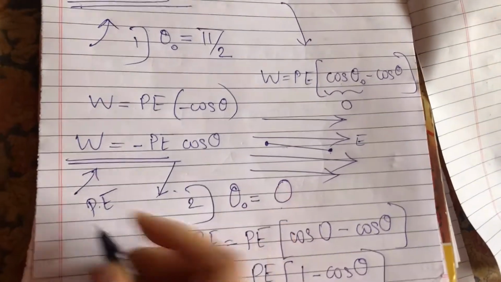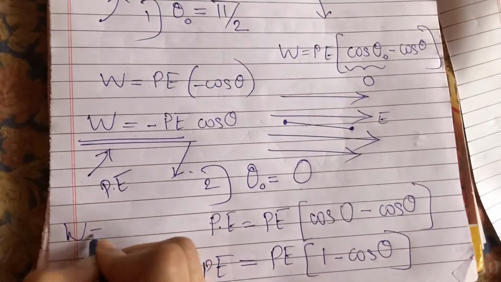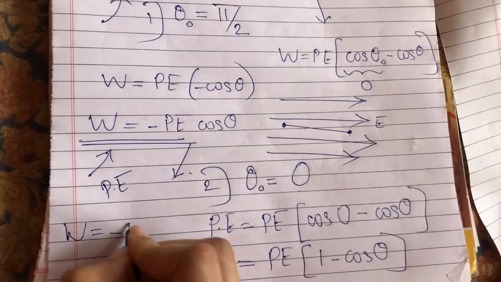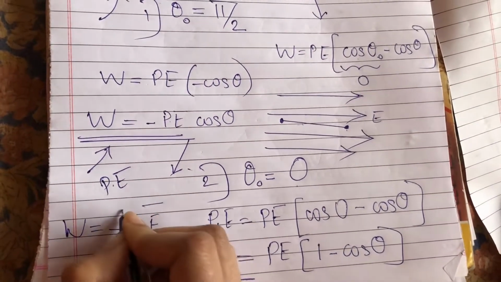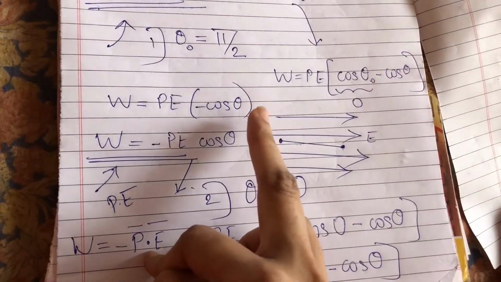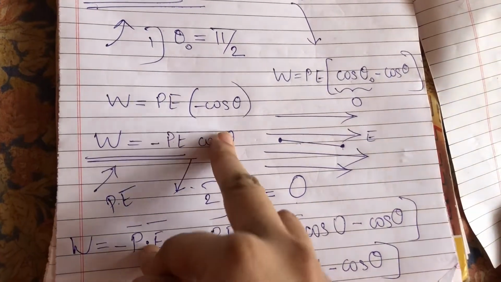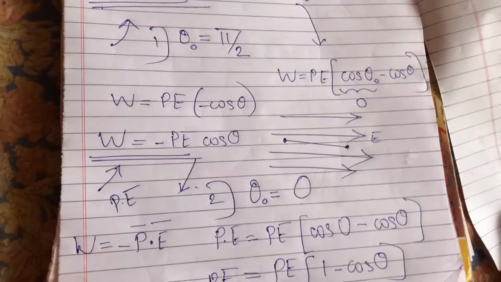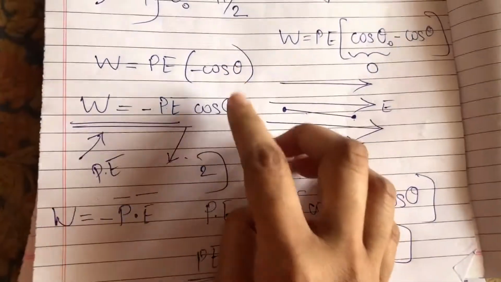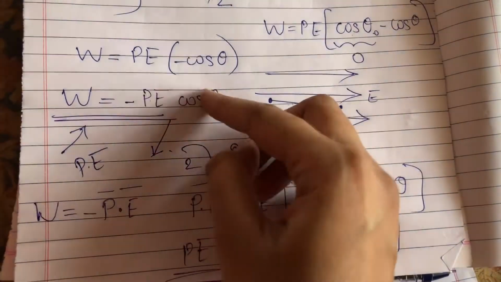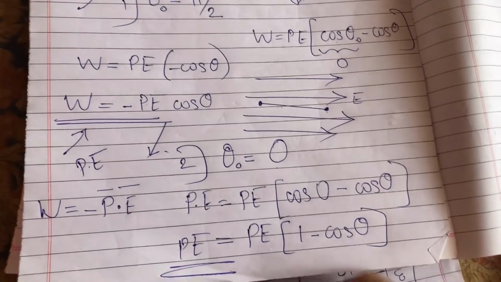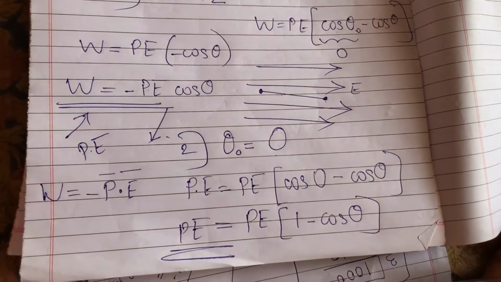Now you can also write it like this. If you remove cos theta, then what you'll have? Dot product. So this becomes minus P dot E, and you'll have vector quantity. You know, when we apply dot product, cos theta comes, or to remove the dot product, cos theta will be used, and when removing cross product, sin theta is used. See, here we have seen when the cross product was removed, sin theta came, and here when cos theta was removed, dot product came, or to remove dot, cos will be used. This you all have seen or studied in your 11th standard.